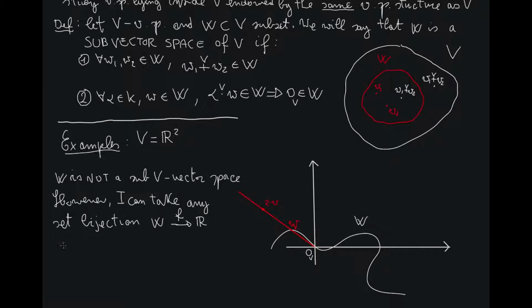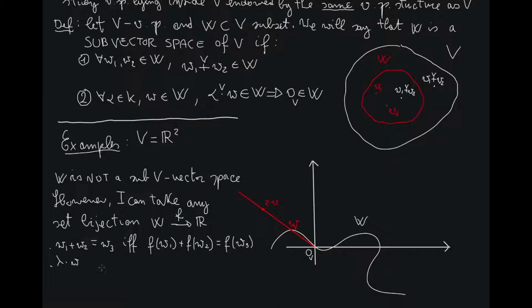Okay, I can of course define this new structure on W by letting W1 plus W2 equal W3 if and only if f of W1 plus f of W2 equals f of W3. Okay, and likewise I can define